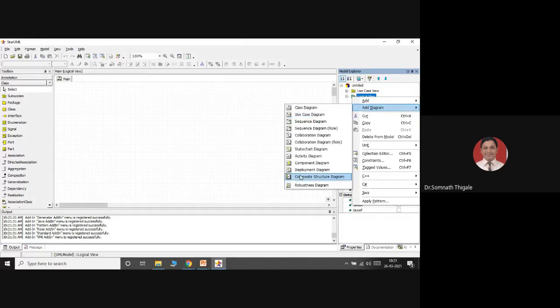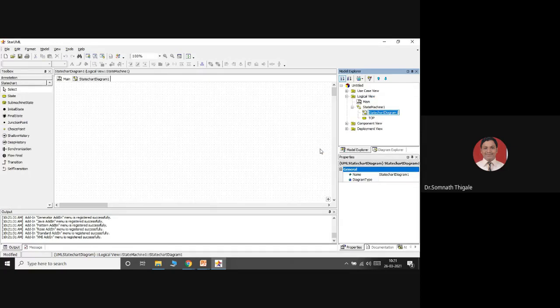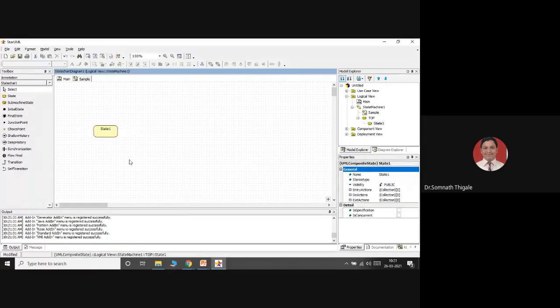I'm focusing at this moment on the state chart diagram, or simple state diagram as you can also say, and I'll give a sample state diagram. What I want to show here: this is state 1, this is state 2, and state 2 is coming. And transition means what? Moving from one state to another state we call a transition. This is a transition, a simple arrow.